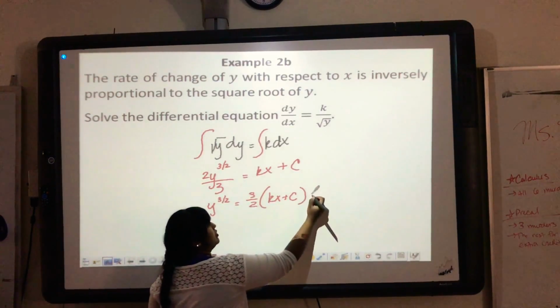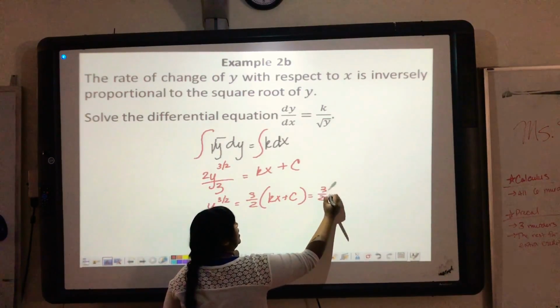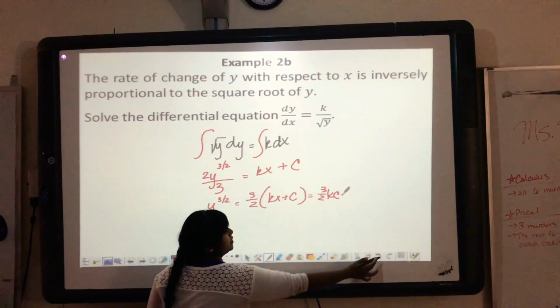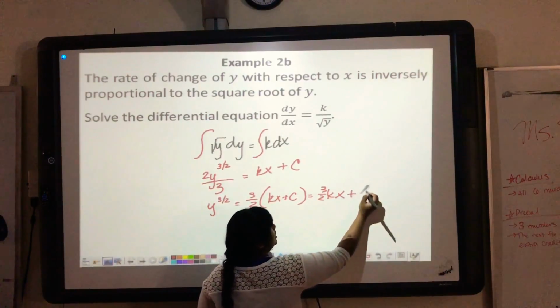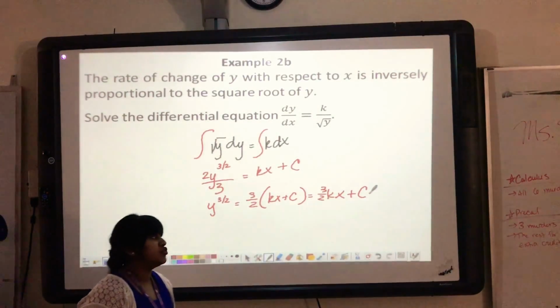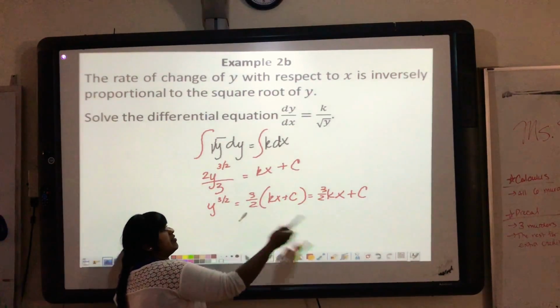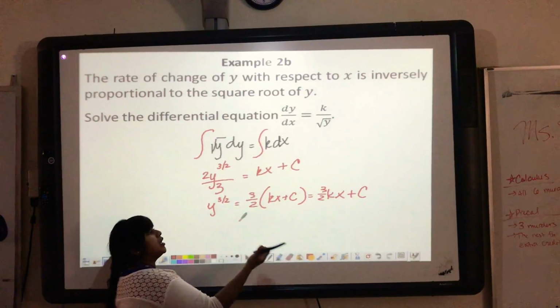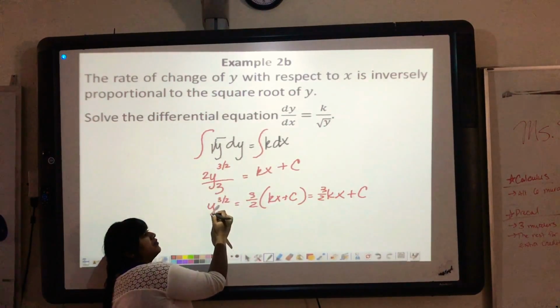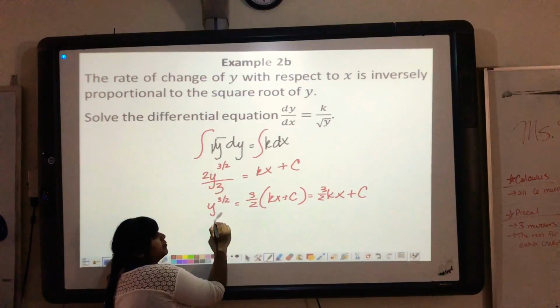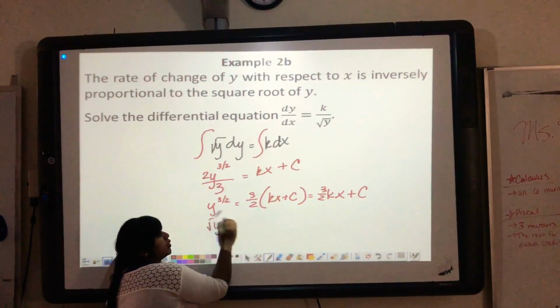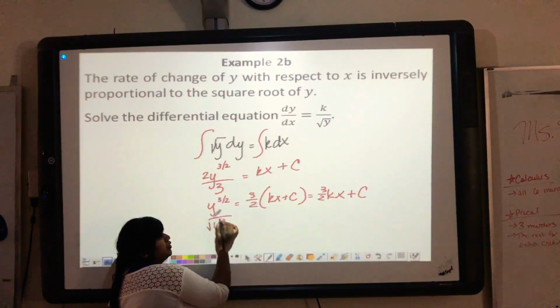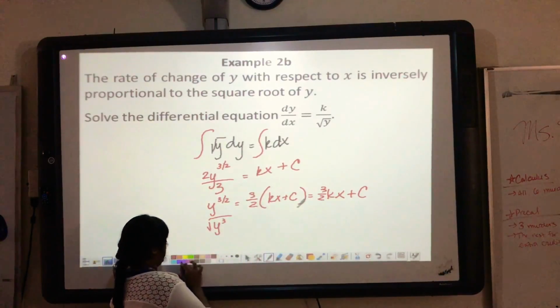So this can actually be equal to 3/2 kx plus still that constant value c. Just because that 3/2 is there, it's not going to change that constant value c is some constant value. And then to get rid of this, this is actually saying that y, the square root of y cubed is equal to this. So if I square this value,